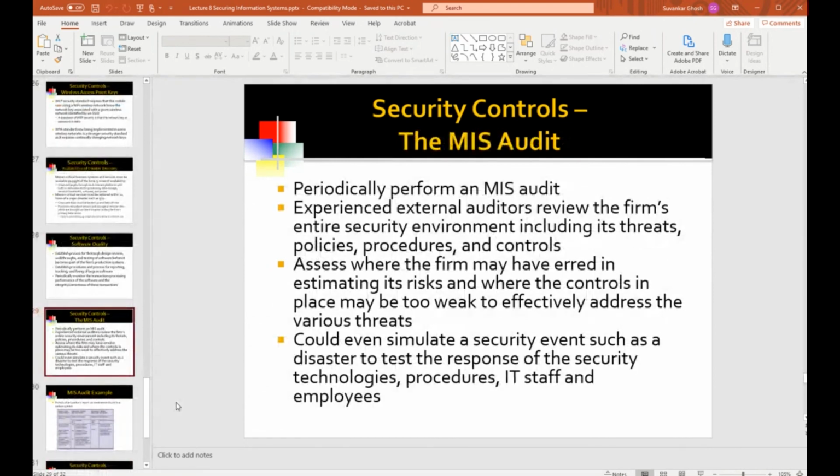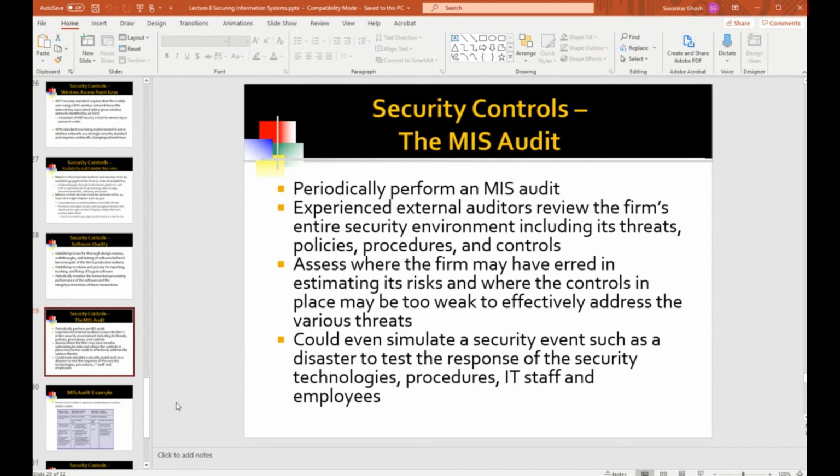So those are controls in the area of software quality. The MIS audit, this too is a control. It's a human-based control where a team of external auditors comes into your company and checks out your IT infrastructure. It could be a team from one of the various well-known companies that do this, such as PricewaterhouseCoopers.